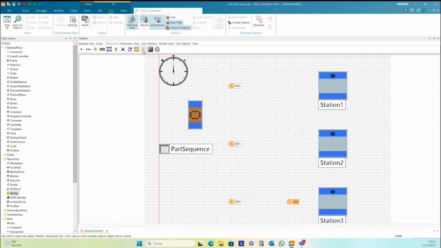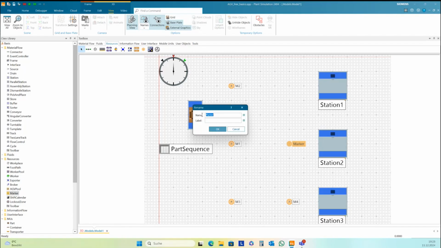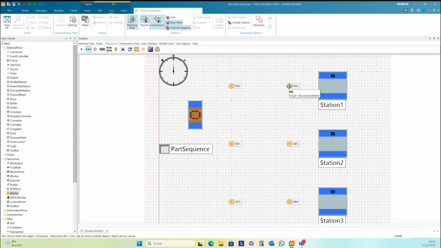M4, M5, and M6. And then connect the markers in both directions. In this direction, back.